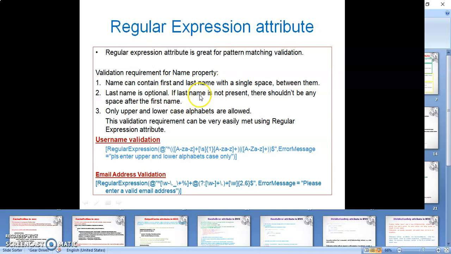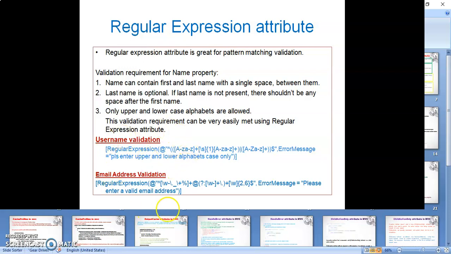Validation requirement for the name property. Name can contain a first name and last name with a single space between them. The last name is optional. If the last name is not present, there shouldn't be any space after the first name. If there is a last name, you must have a space between them.